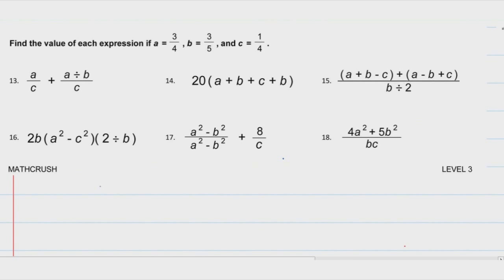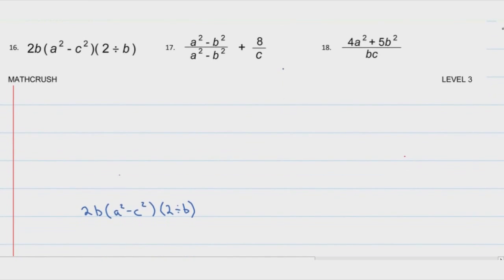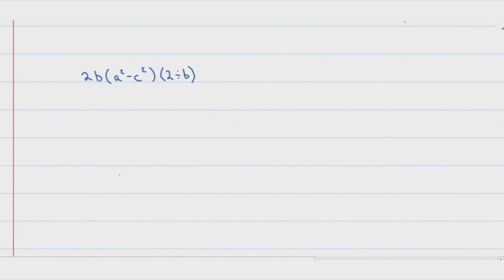Now, problem 16. I wrote problem 16 down here really quick so it'd be a little easier to see and not so messy. So we have 2b(a squared minus c squared)(2 divided by b). What we're going to do is substitute all the numbers in for the variables, and we have